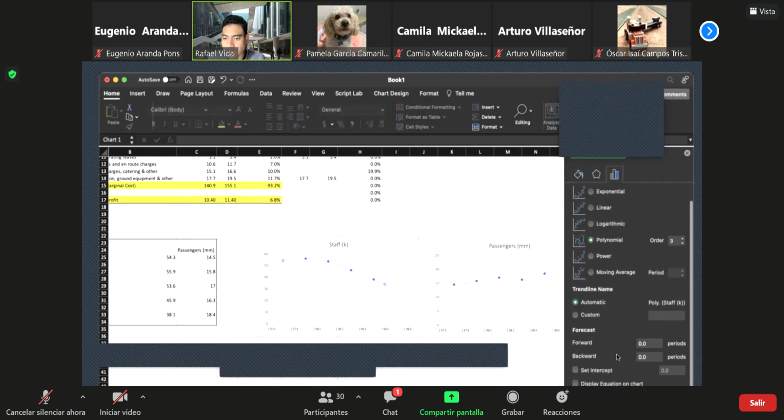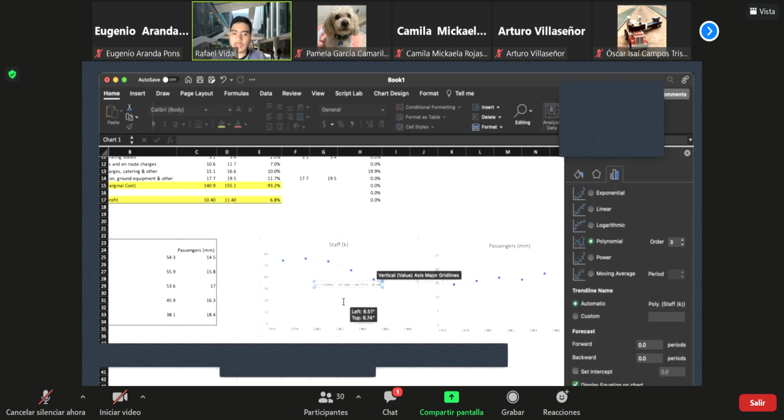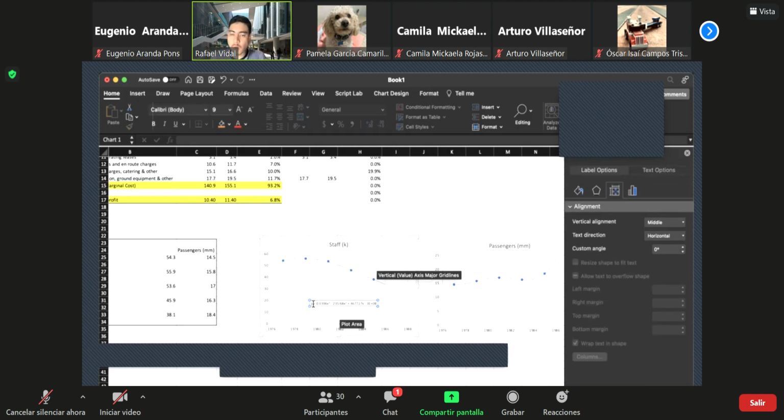We can have the formula, where y is this axis and x are the years. So if I want the staff in 1986, I just evaluate 1986 in x and it's going to give me a y. But I don't want to do that. I just want to do it visually. So what I will do,